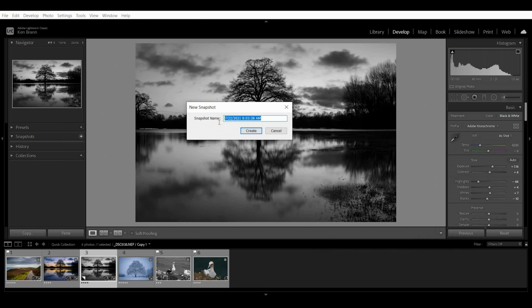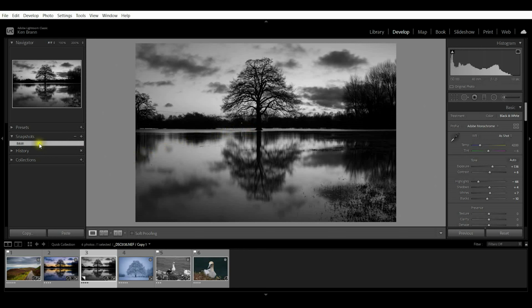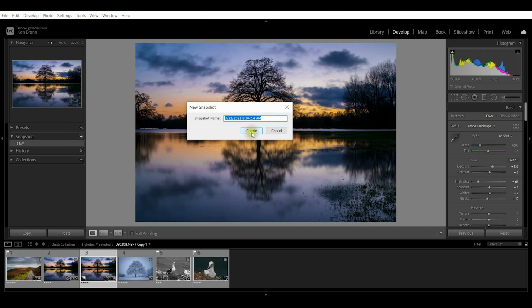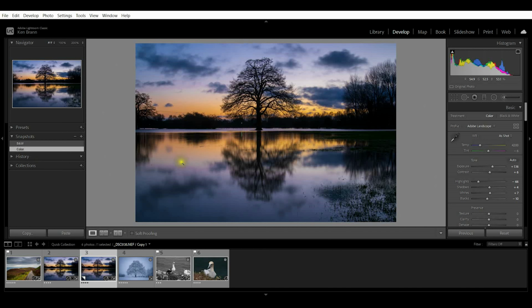If you want to give it a more descriptive name, then I'm just going to call this one black and white. And you click Create, and then you can see over here on the left hand side I have B&W now for this image. If I wanted to create more snapshots, I just go back and flip this over. And so I've just made some changes to this, and if I click the Create Snapshot again, I've got that same date timestamp. I'm going to call this one Color, and I'm going to click Create. So that's basically how you create your snapshots. And you can see I've got 2 snapshots over here associated with this picture. I can create as many snapshots as I'd like.